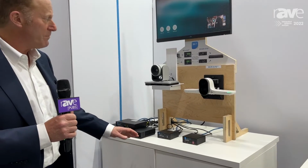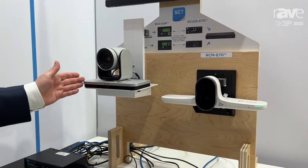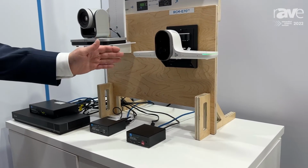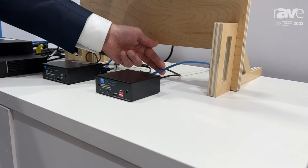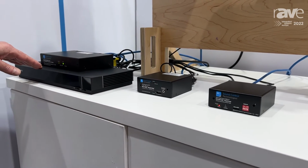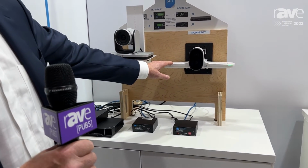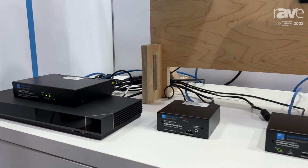We're showing at this station our previously featured RC4E4P extended over a single Cat5 cable up to 100 meters and working in conjunction with the RCU2S E70 extending Poly's E70 USB camera up to 100 meters on a single Cat cable, connecting back up to the Poly Group 7500 codec. The uniqueness of this display is both the Eagle Eye 4 and the E70 camera both being utilized into the Poly codec. There's a lot more information on the mounting